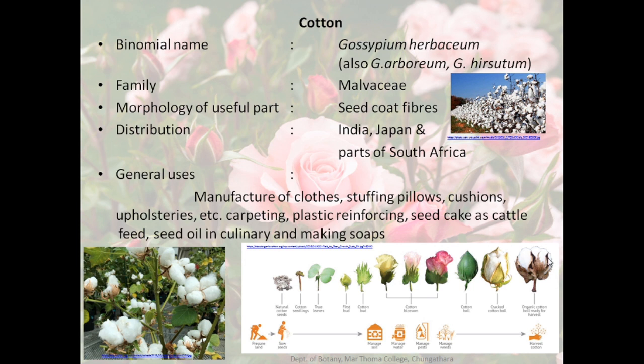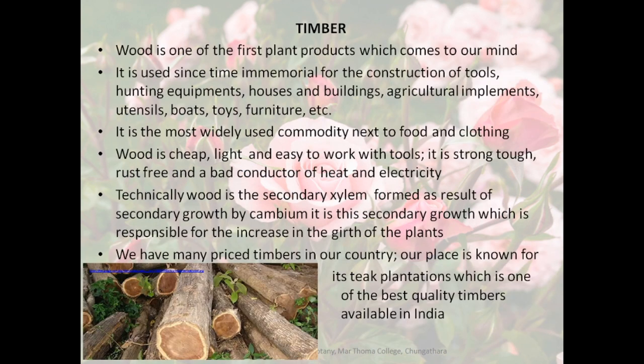So finally the cotton is from the cotton plant, this cotton ball is extracted or removed and the seeds are removed from it and used for further processing. So these are the various stages of the cotton plant's development. So we have discussed 2 fiber yielding plants. Another important use of plants is timber.